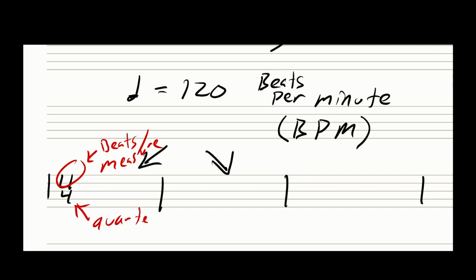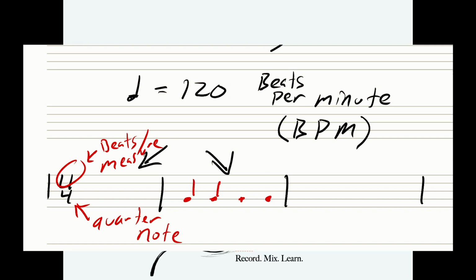So, for example, 4/4 means there are 4 beats in a measure and a quarter note gets one beat. It's like the most common time signature. So much so it's sometimes called common time. Pick a dance track, a pop track, a hip-hop track. This is probably the time signature.